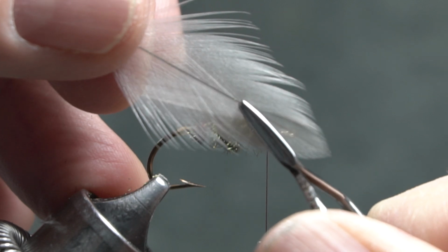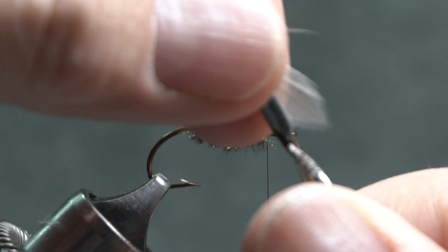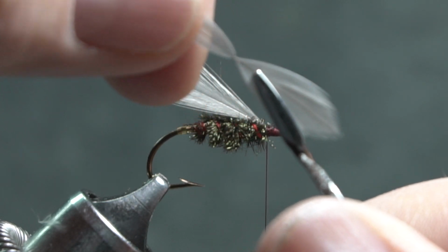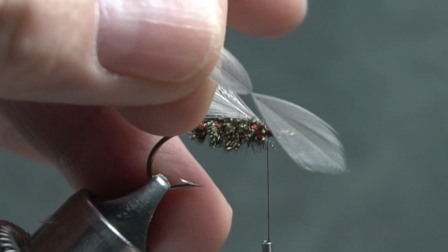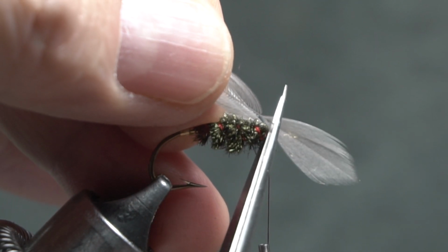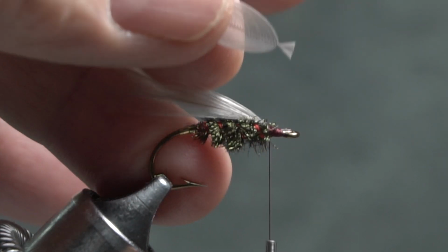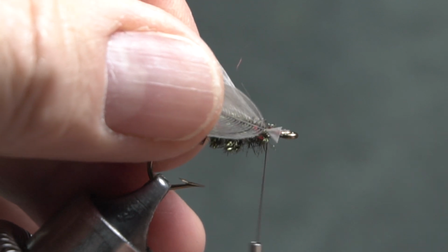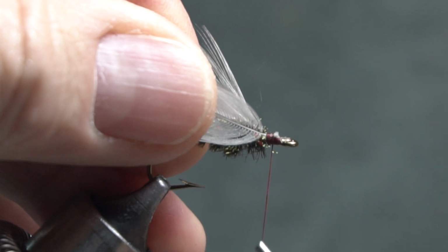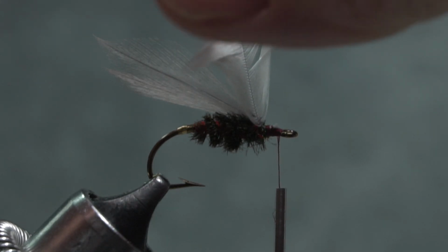I'm going to take my hackle plier and grab the rachis, because I'm going to tie it in by the tip. I'm going to pull back on all the barbs that are going to become the hackle, and then I'm going to just clip that tip out so I have just a little triangle, and that triangle will be enough to catch that hackle feather in with and hold it in place, and I can wrap up over that out to the front of the eye, or of the hook behind the eye,